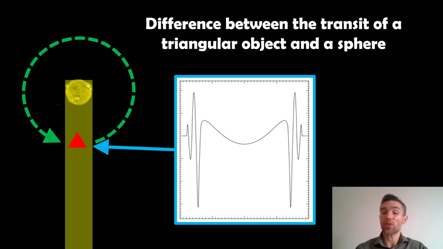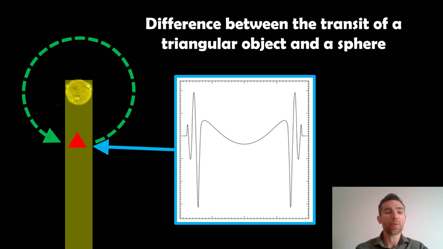And that looks different to an ellipsoid or an elliptical shaped object that's passed in front. Now, a triangle is not going to be a natural object, that's going to be artificial. So if we got this sort of signal, signature, we'd expect it to be a triangle. It is going to require a lot of modeling, a bit more fiddling around, but we can still actually